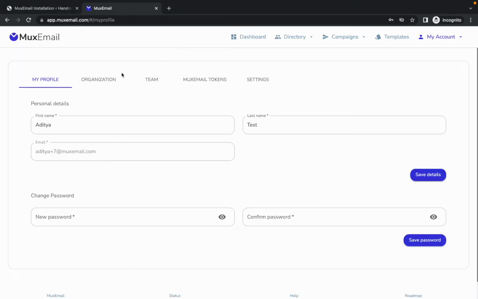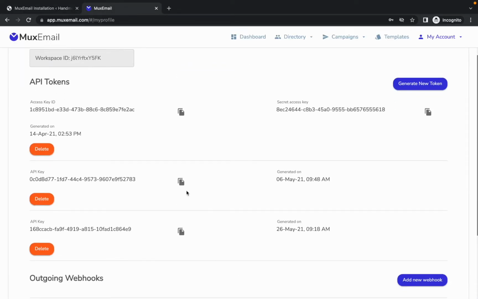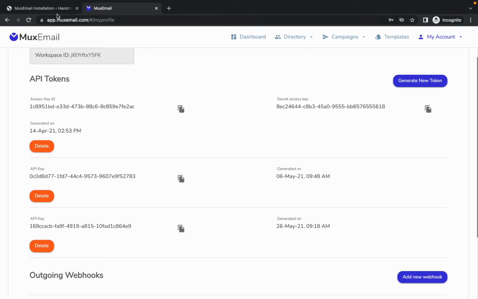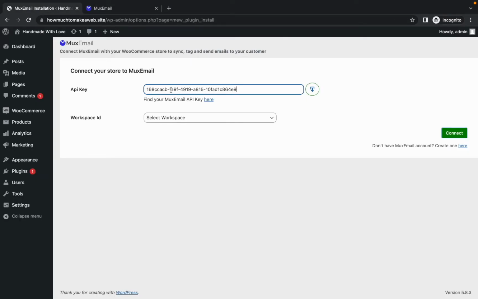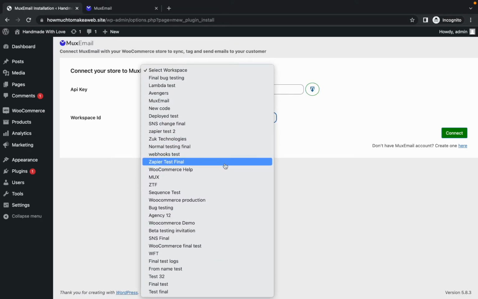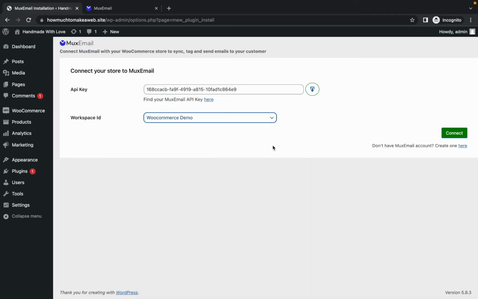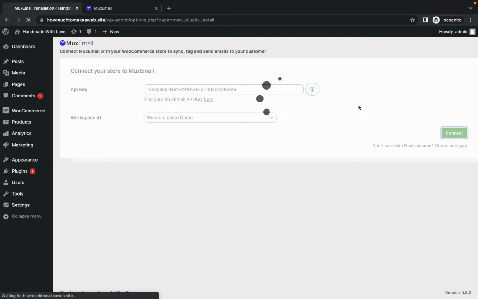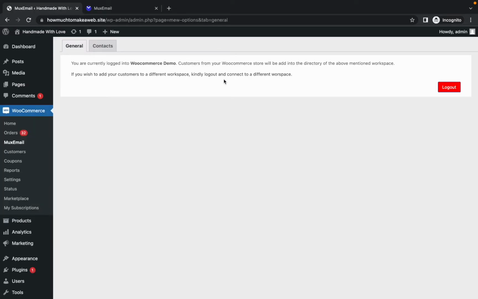So we're gonna navigate to our Mux Email account. Copy one API key, paste it. When I click on this button, this is going to search for all the workspaces which are associated with this API key and list it here. So let's just use this workspace, Woocommerce demo. Hit this connect button, and yeah, as you can see that I'm currently logged into my Woocommerce demo workspace account,